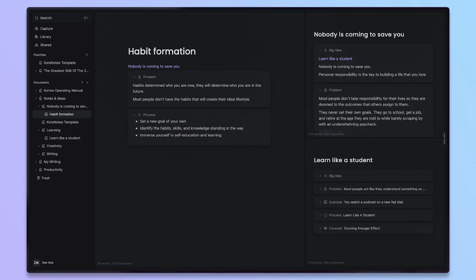Immerse yourself in self-education and learning. Allow your mind to grow into a new identity. And we could name this process if we wanted to, but outside of that, let's just have a